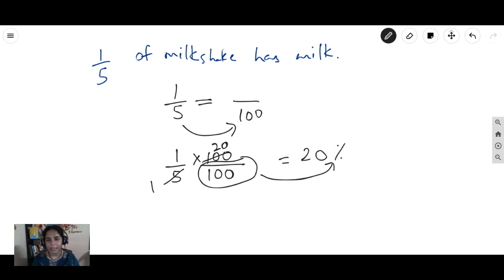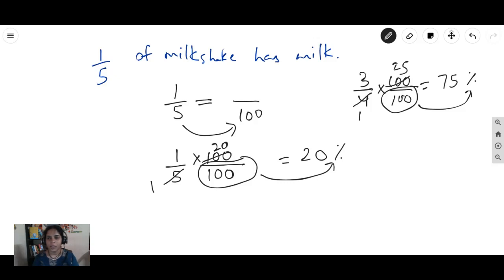Let me take another example. 3/4. How do I convert it? Percent means into 100 by 100. That's all. Percent means, remember, into 100 by 100. And this one I will not touch because that becomes a percentage sign. And I will use the remaining things. 4 ones are 4, 25s are 100. So that makes it 75%. Finish. So like this, any fraction can be converted into